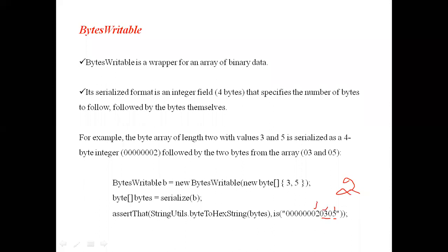This 2 is not your actual number. It is the size. How many numbers are we going to store? Currently, how many numbers has it stored? This 2 is the size of how many numbers only, not the actual number. So the answer for this 0 3 0 5, getLength, will be 2. What is getBytes? This getBytes means a total size. It will include this integer field also. Including the integer field, what is the size?